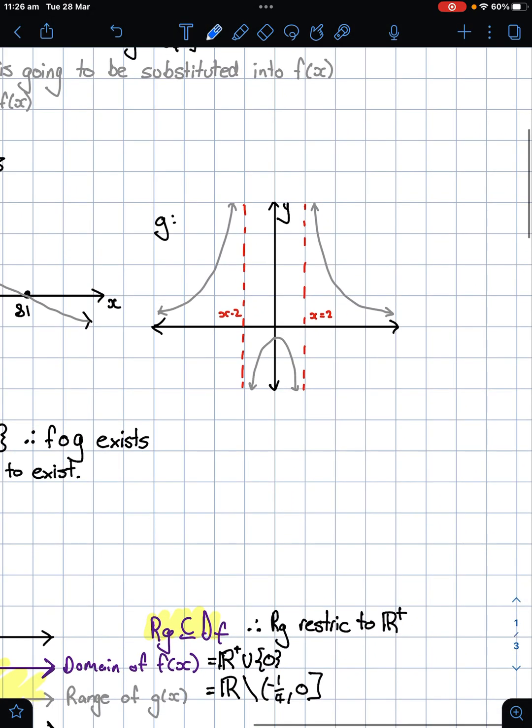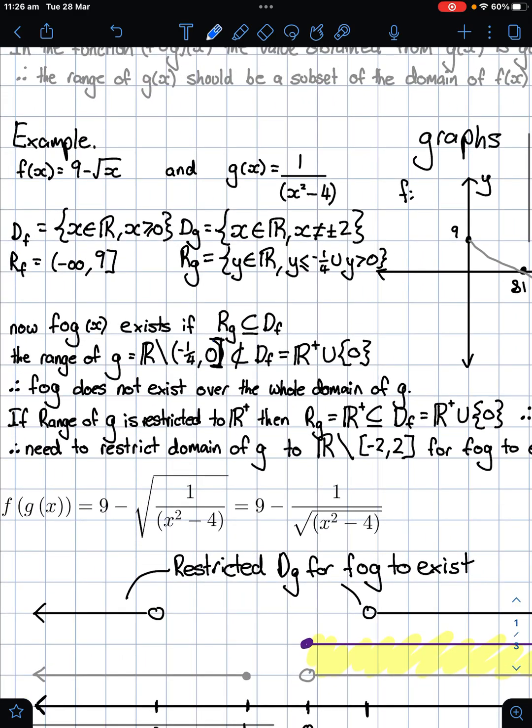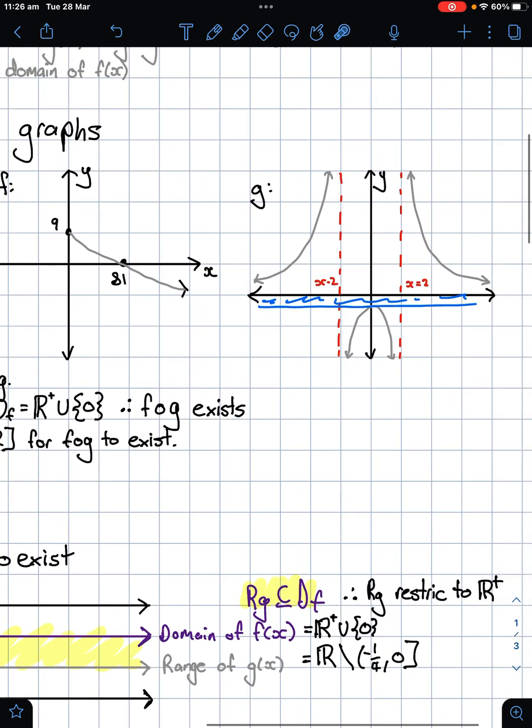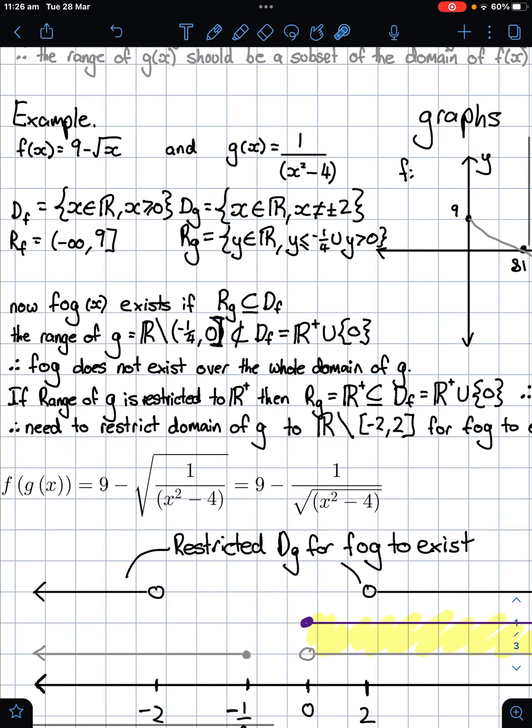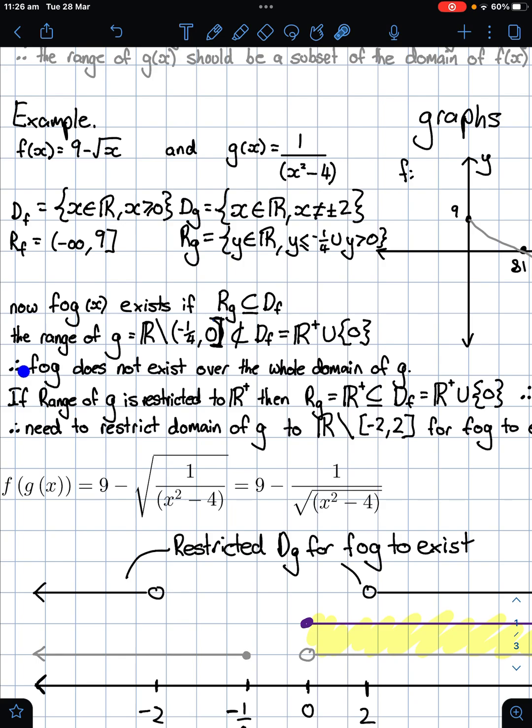So when you look at this here, there is a range of g that we're missing, that no value comes out of. Now, other than that, we've got our domain of f needs to be all positive numbers. So at the moment, this bit here doesn't fit that rule. That is outside this domain of f. So therefore, our composite function does not exist over this domain. So then we go back and we go, well,